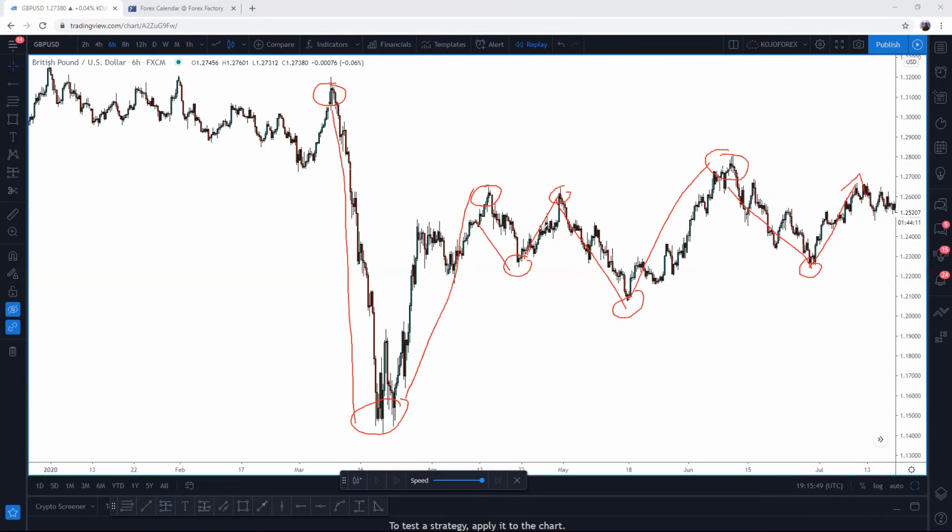So in my strategy, how I look at the market is to be able to determine that at this point the market is going to reverse and make a downward trend. So I want to jump in here for a sell. And then here I also determine that this is the key point where a new beginning of a wave or swing point starts, for a jump in for a buy. And then I want to jump in for a sell here for the next swing point, and I jump in for a buy here for the next swing point.